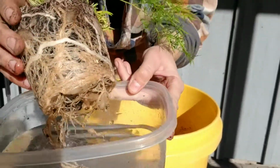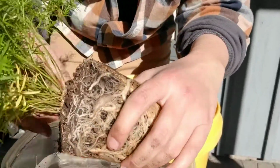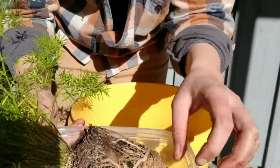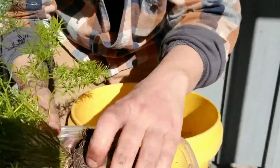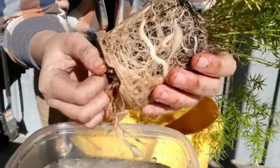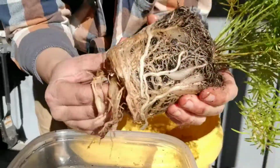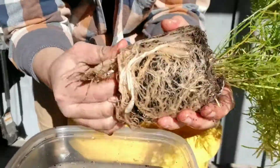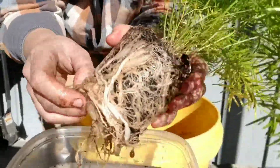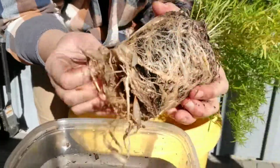Man, these roots, you guys, not much has happened here. I'm going to try and lay it down. I guess I can kind of break through some of them. There's so many roots here. If I break some, it's going to have plenty. I mean, smells kind of vegetable-y,